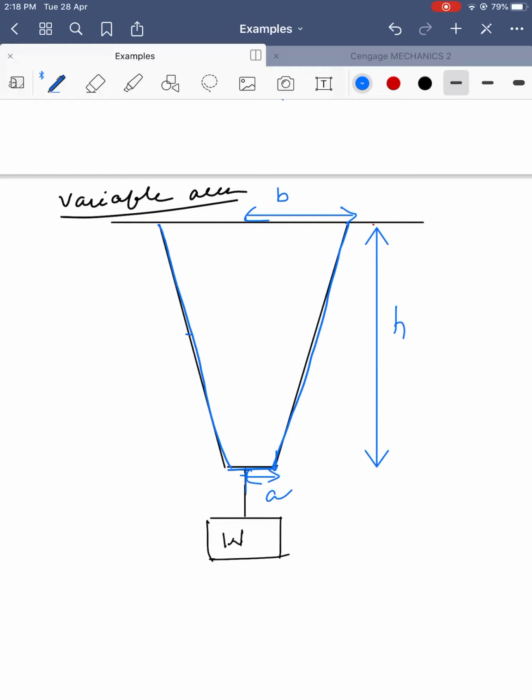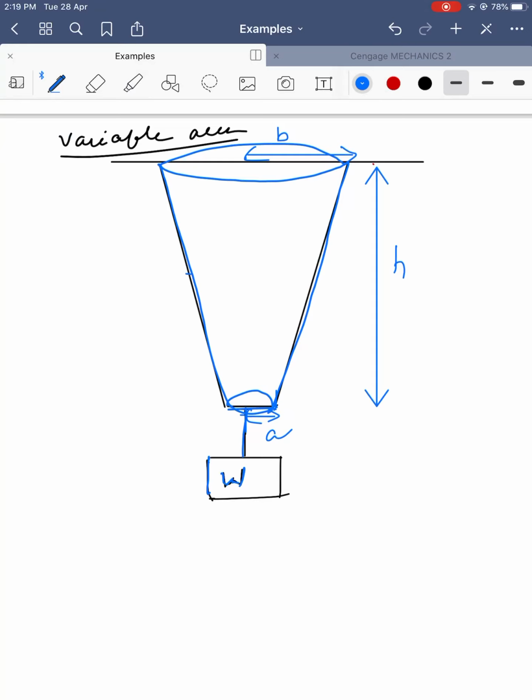It doesn't have mass, but it is hung with a weight W newton, and it has a circular cross section from the top. If you see, it is a circular cross section at the top and at the bottom also. But the area of the cross section is not constant. Area is varying. Find the elongation in the rod. The height h is given. From here to here the radii are given. Upper half radius is A. If you draw the middle line, from the middle to the right is B, and from here to here is A. So now the question is, find the elongation in the rod.